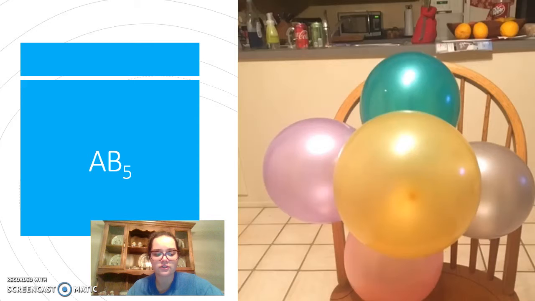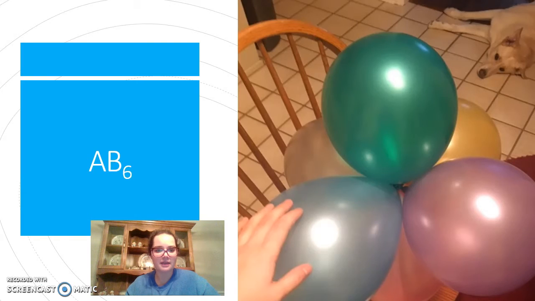This shape is trigonal bipyramidal. 3 of the atoms in this case, just look at the purple, the green, and the gold balloon, would be in the shape of the trigonal planar geometry. And then the 2 additional atoms are going to point in opposite directions of one another. So that together forms the trigonal bipyramidal geometry. And last but not least, we have the